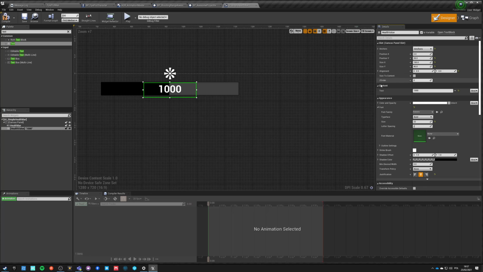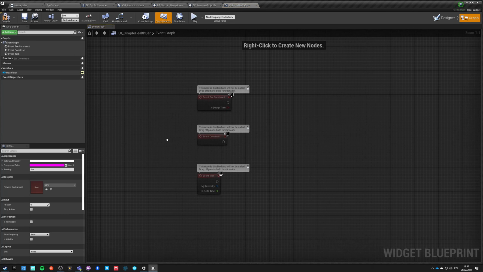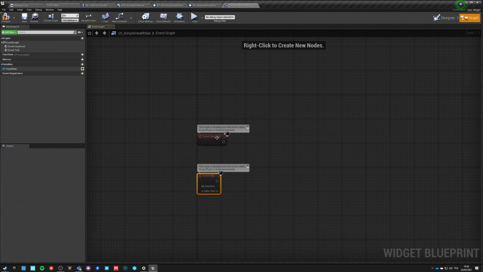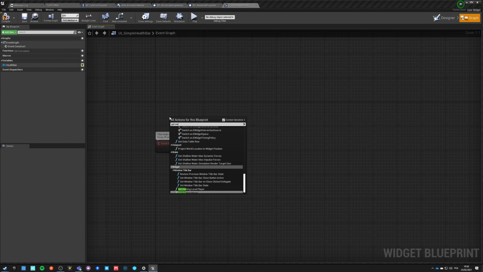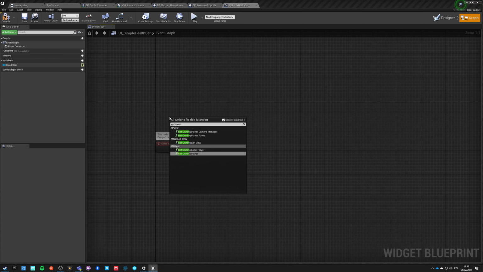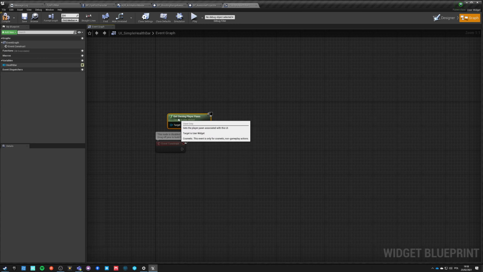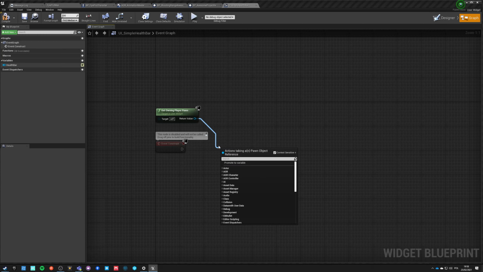And let's make it a variable. Or actually, you know what, we don't need it to be a variable. We're going to bind this and create a binding in a second. But first we have to go here into graph and say that when we are constructed, only when we are constructed, we don't need tick. We're not going to do any binding that works on tick and reading any values. We're going to get owner pound, get owning player pound. So we get the pound that we have right now, and we're going to do valid,